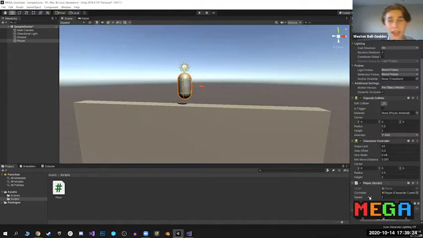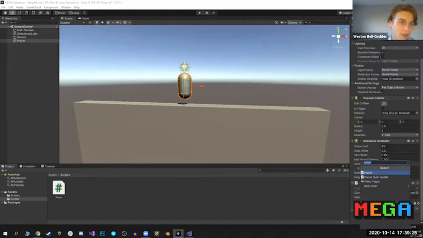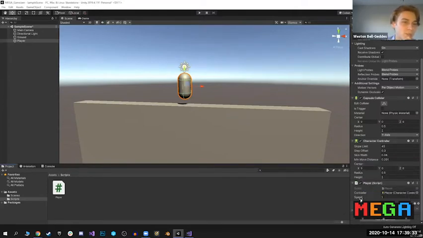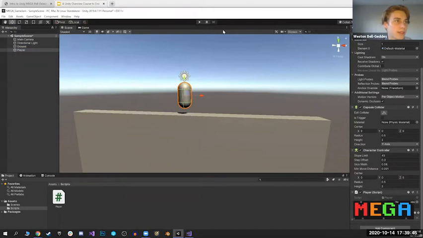Once again, to add a script, just in case, you're going to press add component, player. If you've done that, do not do it again. And then you're going to have the script here, which has a speed variable and a controller. To add the controller, you can also drag in player, just literally click and drag from the hierarchy and put the player there. So now if we go ahead and press the play button here,